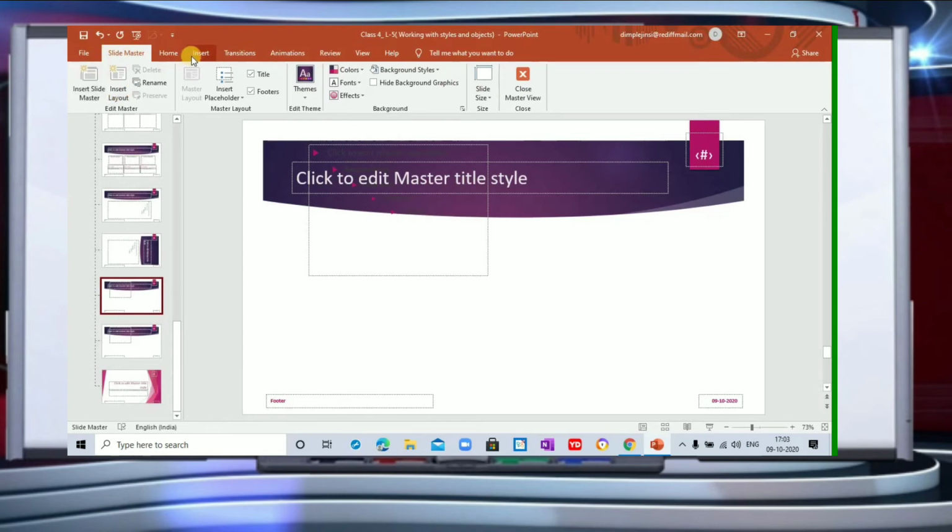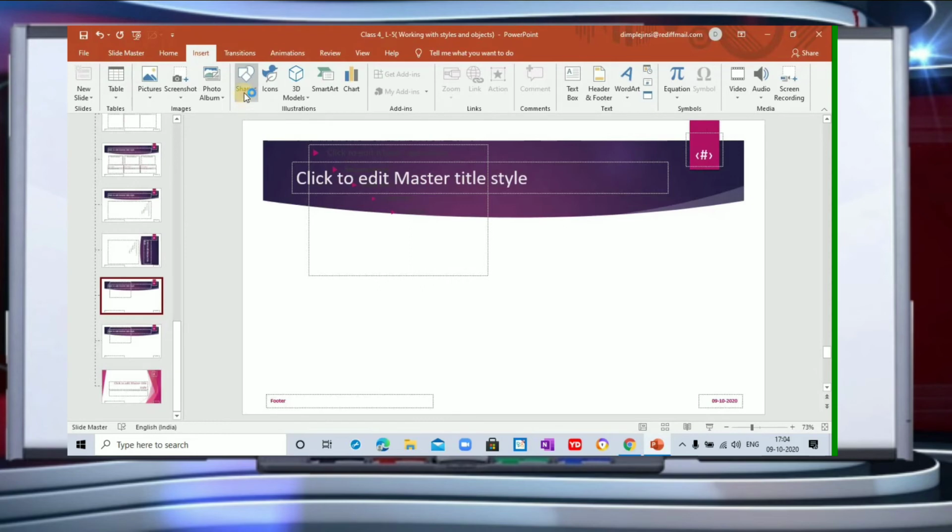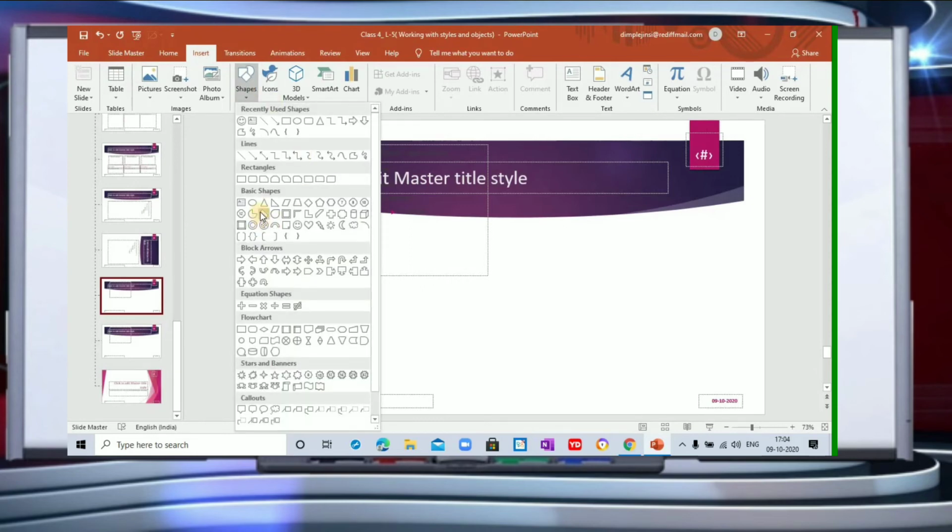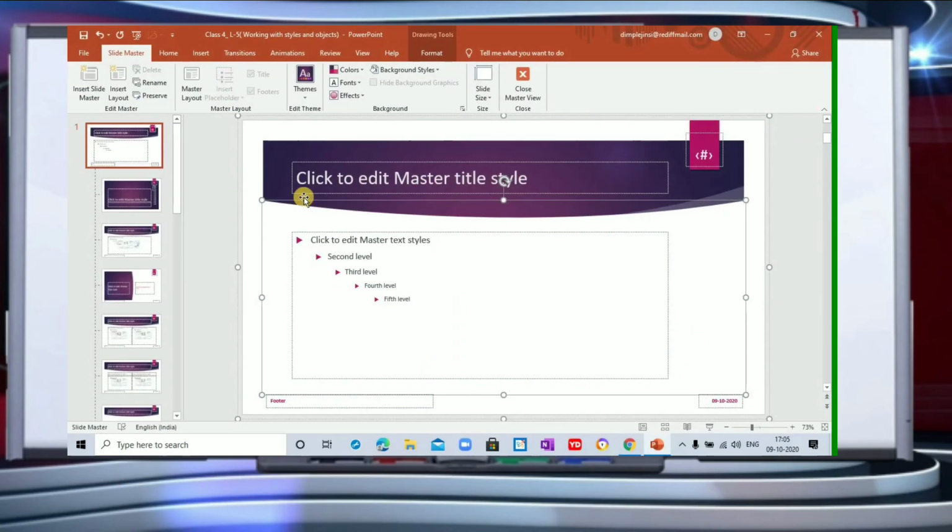Then you know all about inserting. We can have shapes. You can insert different shapes into your document. It's very important, once you make any kind of change in your Slide Master and you want to see that effect, whether it is applied to your slides or not, that you close your master view.